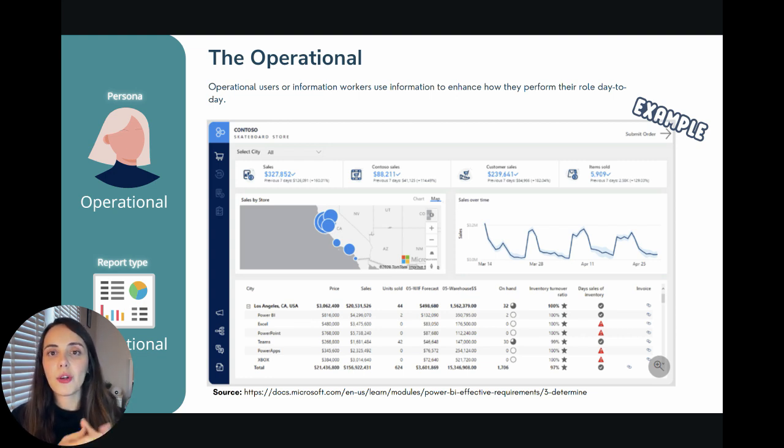I think most operational reports will look way more complex than this, but you can see we still have that interactive element, the navigation pane. We still have the slicers or filters. We still have KPIs, line charts with trends over time. But then we have the granular bit, which is tables with conditional formatting, which helps your users understand if the insights they are looking at are bad or good, or what they represent in the business,